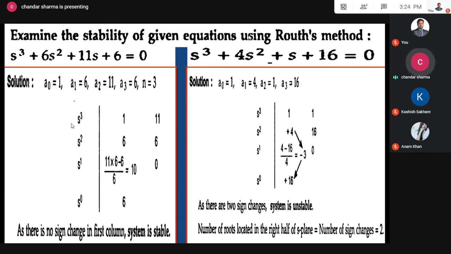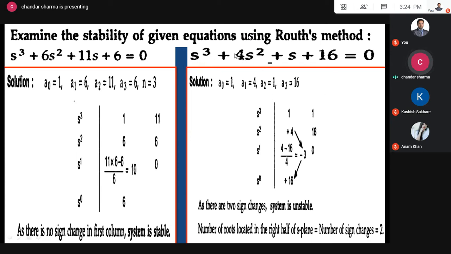Whereas in the right hand side, the equation is s cube plus 4s square plus s plus 16. So the necessary condition is satisfied. All the coefficients have the same sign, none of the coefficients have zero value, so the necessary condition is satisfied,